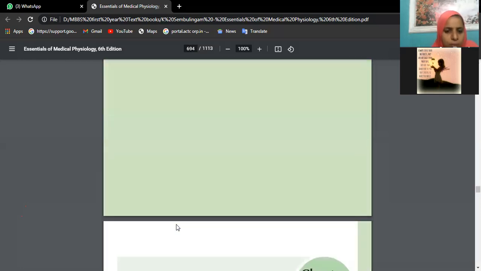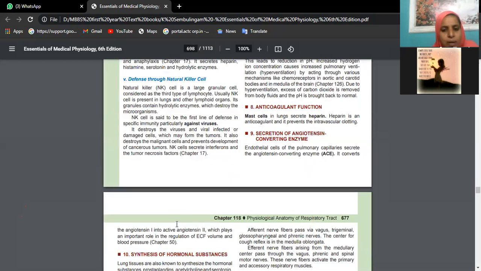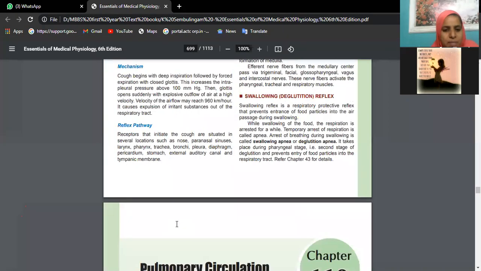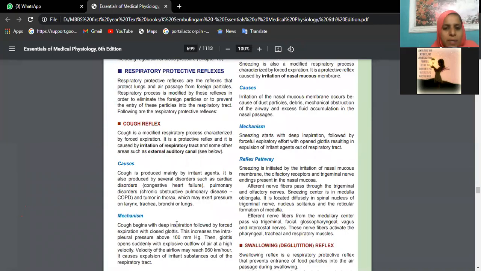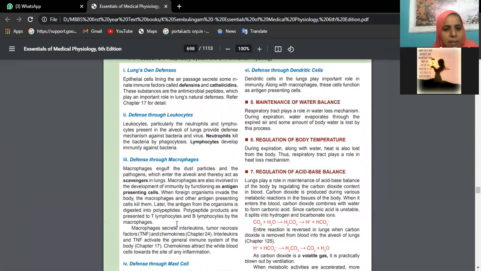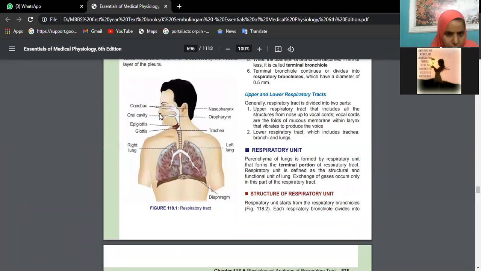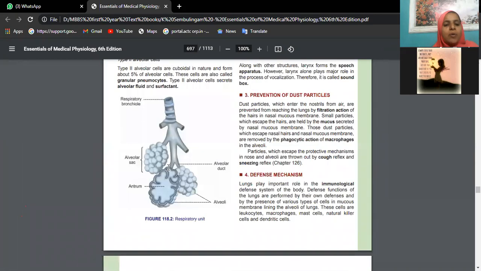Okay. Now we are moving to two questions we have here. One is dead space for 2 marks. What is dead space? The part of the respiratory tract which is not involved in the exchange of gases is nothing but dead space. So now what are the parts of respiratory system we have? Nose, pharynx, larynx, then trachea. Trachea we have right bronchus, left bronchus. Then each bronchus we have primary bronchus, secondary bronchus, tertiary bronchus, bronchiole and alveoli.